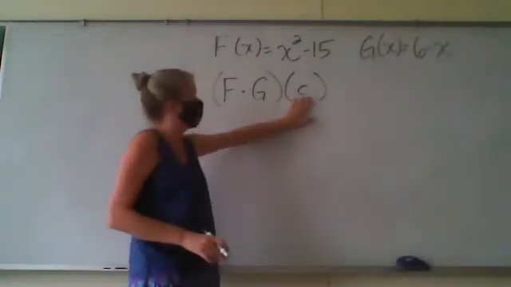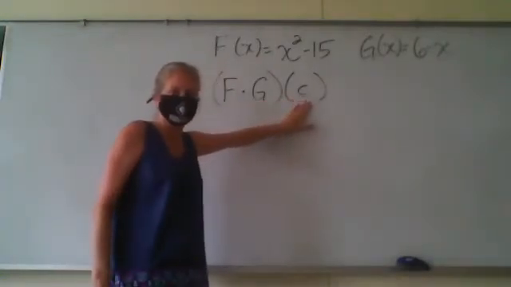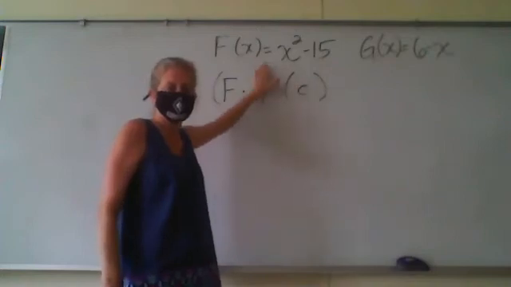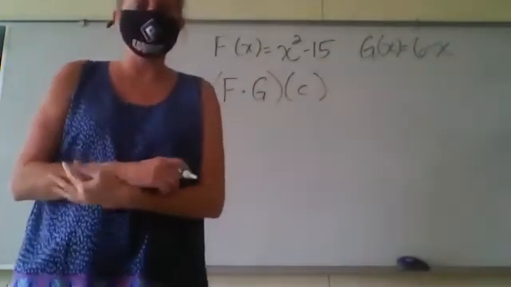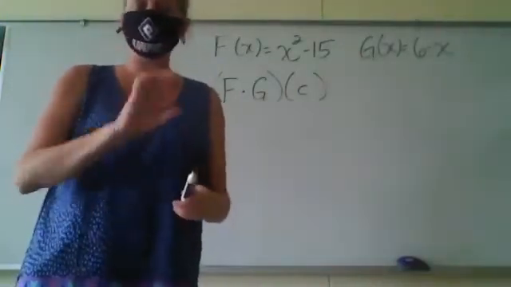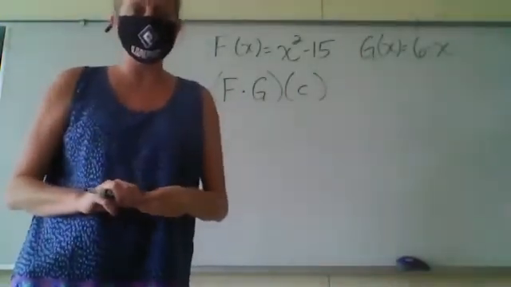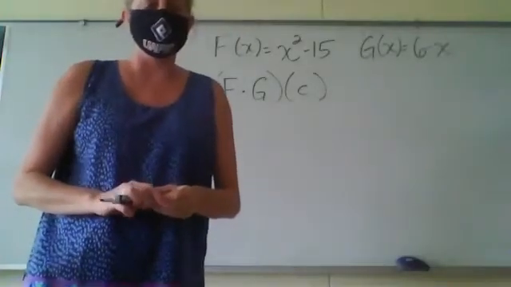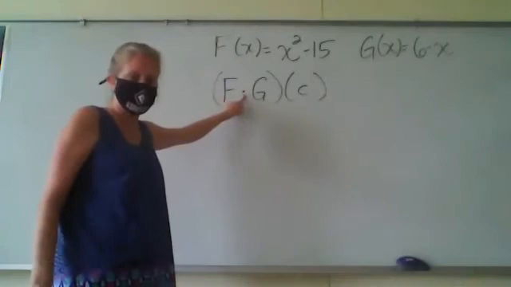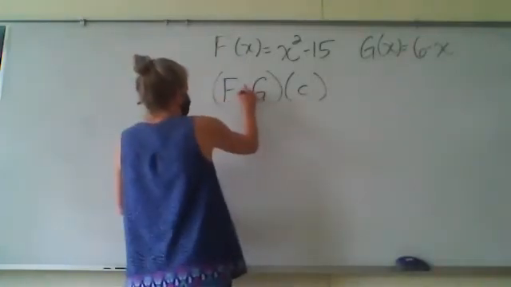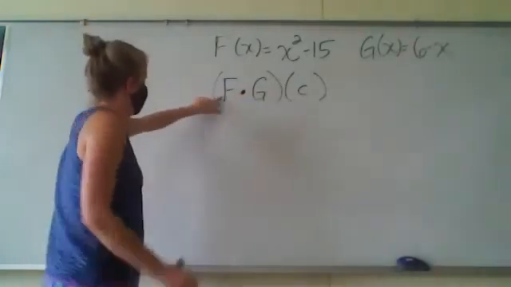What do I do with whatever is in these second parentheses? That's what you go to each function and replace the x with. So it's just not a 10 or a -2. I'm just going to replace the x's with c's. And then once I do that, it tells me it wants me to multiply my two solutions together. So I'm going to find f of c